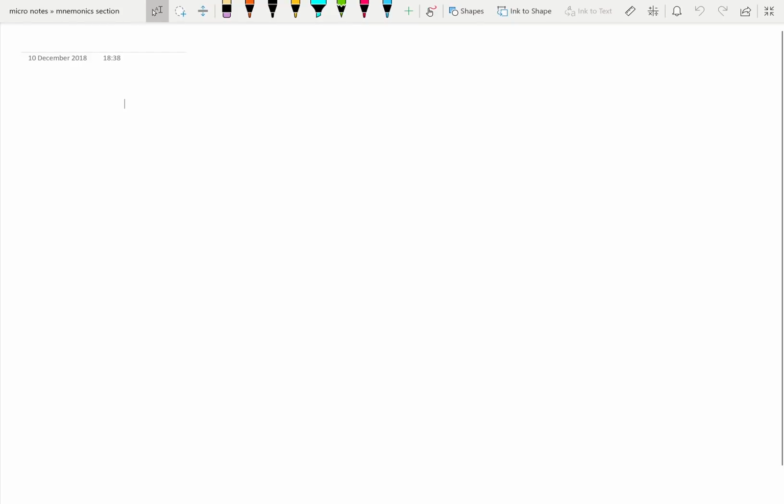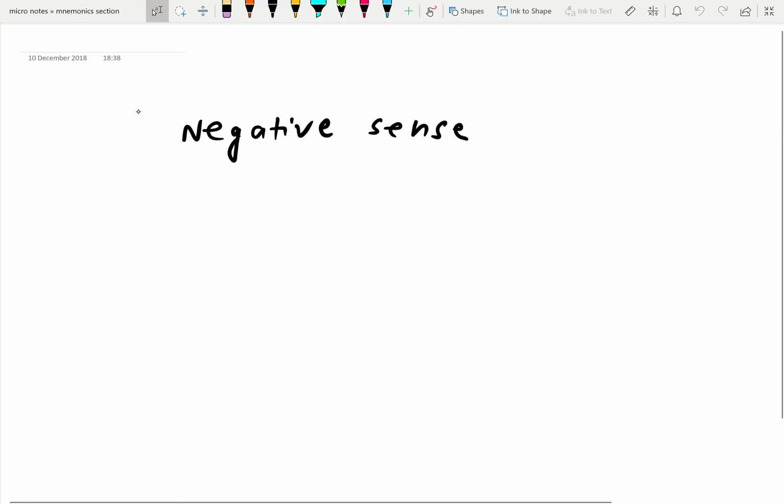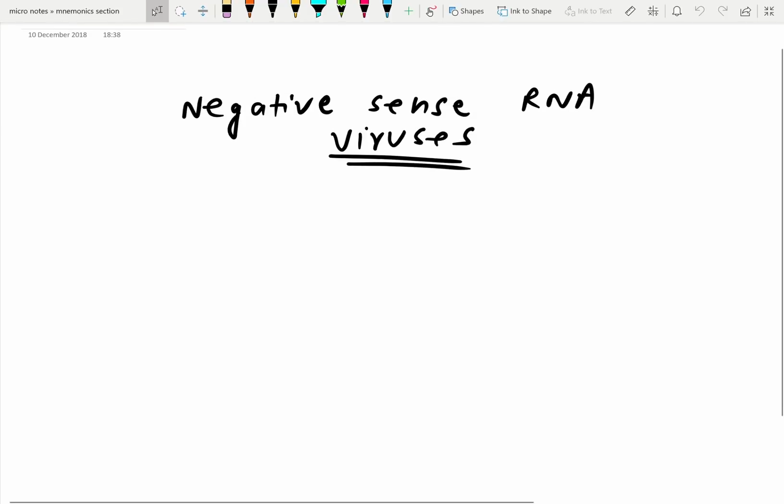Hi friends. So I am telling you one or two mnemonics today which might come in the exam. One of them is regarding negative sense RNA viruses. These all should have a particular enzyme with them, that is RNA polymerase, to get into the positive sense. So the mnemonic for negative sense RNA viruses is